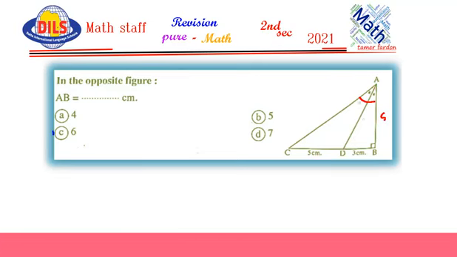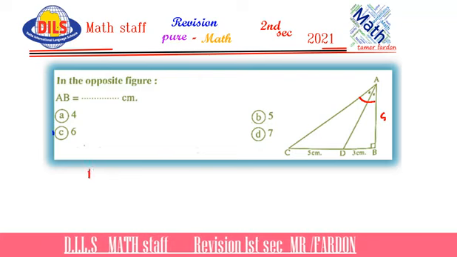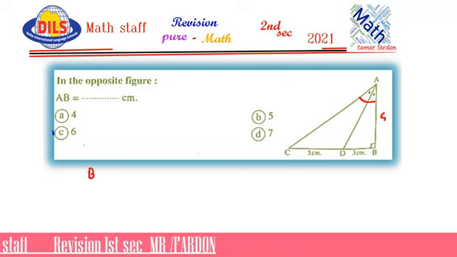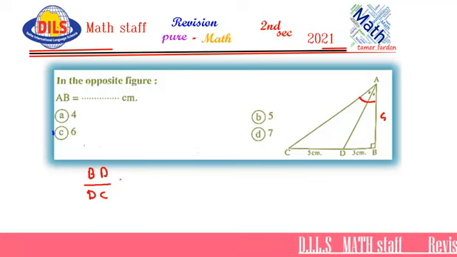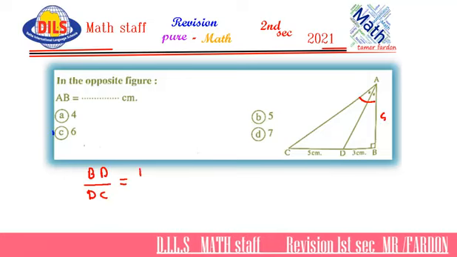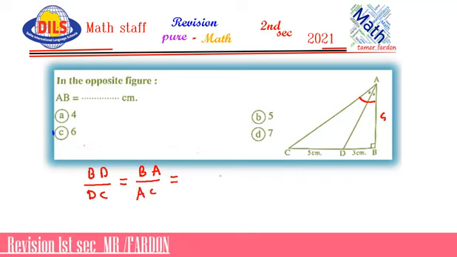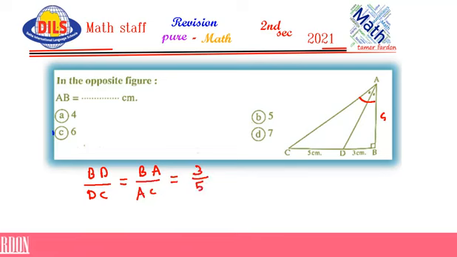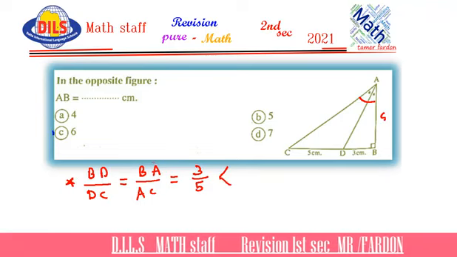AD is the angle bisector, so AD divides BC by the ratio BD over DC, which equals BA over AC, which equals 3 over 5, from the angle bisector. So we can say AB